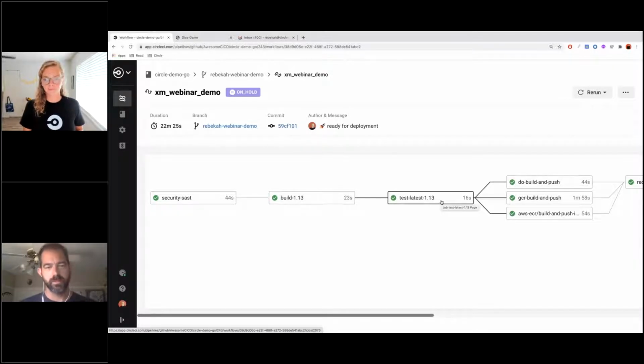Hey, Rebecca, what kind of things do you see in these test cases? What do people do in this step? Yeah, good question. So we see a lot of different varieties of tests. Probably most common though with our customers is to utilize unit tests. So depending on the application that you're running, if you're running a lot of Node or React stuff, we have a lot of Mocha tests that we see. And then obviously if you're running Python or other stuff, we see PyTests. So a lot of unit tests can really make the customers feel safe and secure with whatever they're building and make sure those tests